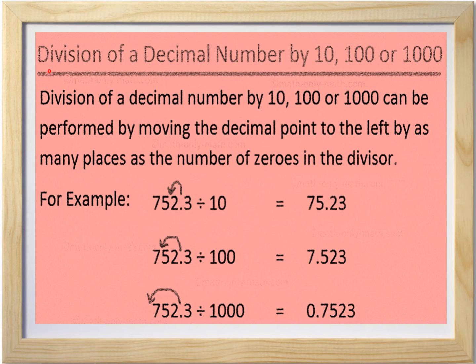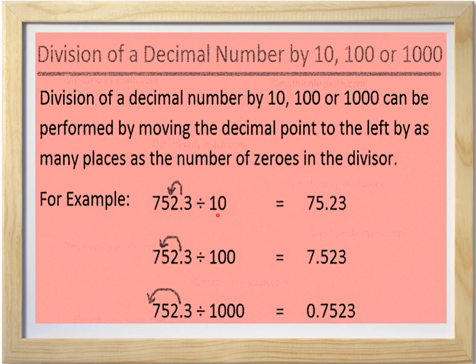Children, now we are going to learn the division of decimal numbers by 10, 100 or 1000. Division of decimal numbers by 10, 100 or 1000 can be performed by moving the decimal point to the left by as many places as the number of zeros in the divisor. For example, let us divide